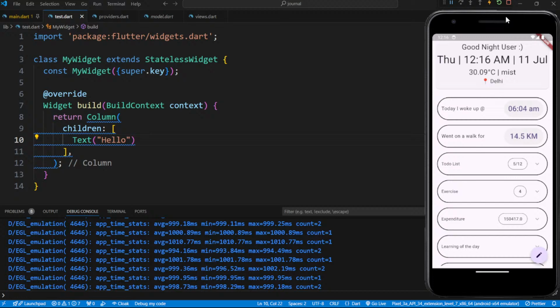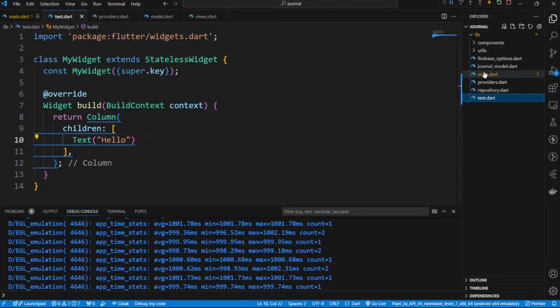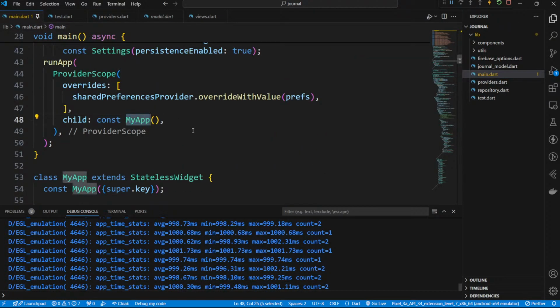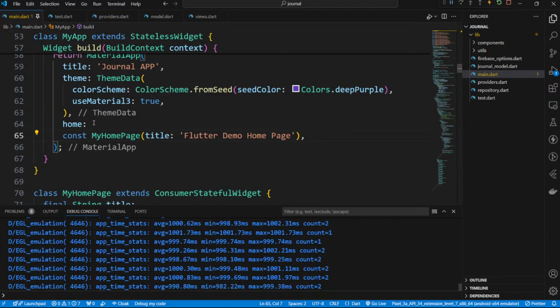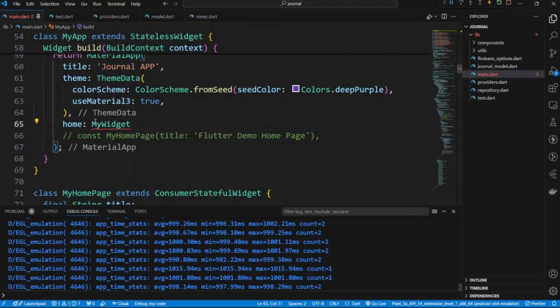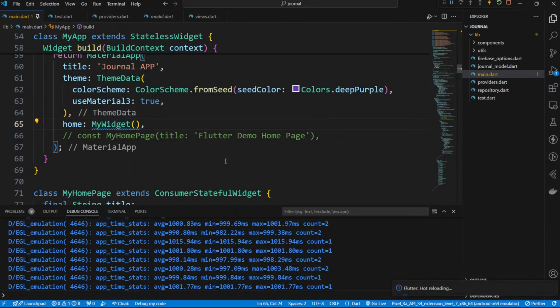And let me hide the emulator for now. And in the main, you can go to my app, and here you can go to my widget. Okay, save this,